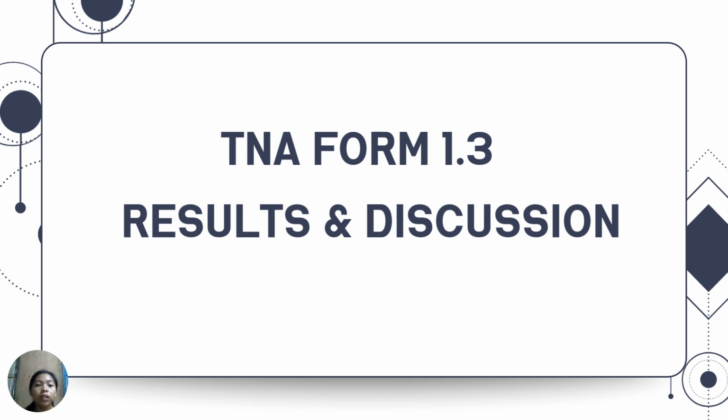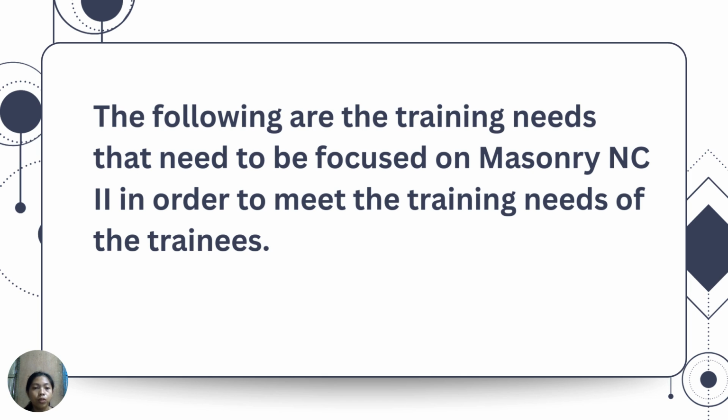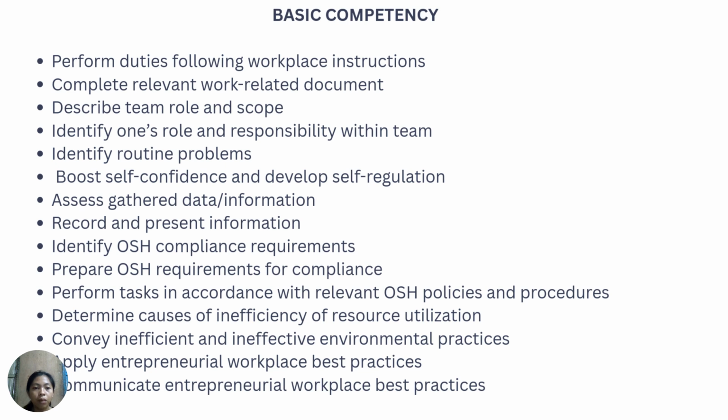So we come now to the TNA Form 1.3 for the results and discussion. The following are the training needs that need to be focused on in Masonry NC2 in order to meet the training needs of the trainees. So here in basic competencies, we have perform duties following workplace instructions, complete relevant work-related document, describe team rules and scope, identify one's roles and responsibility within team, identify routine problems, boost self-confidence and develop self-regulation, assess gather data or information, record and present